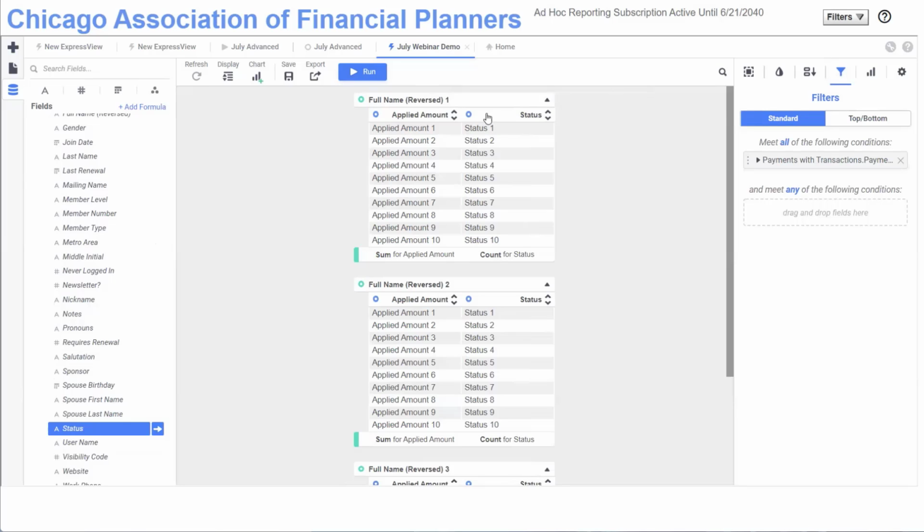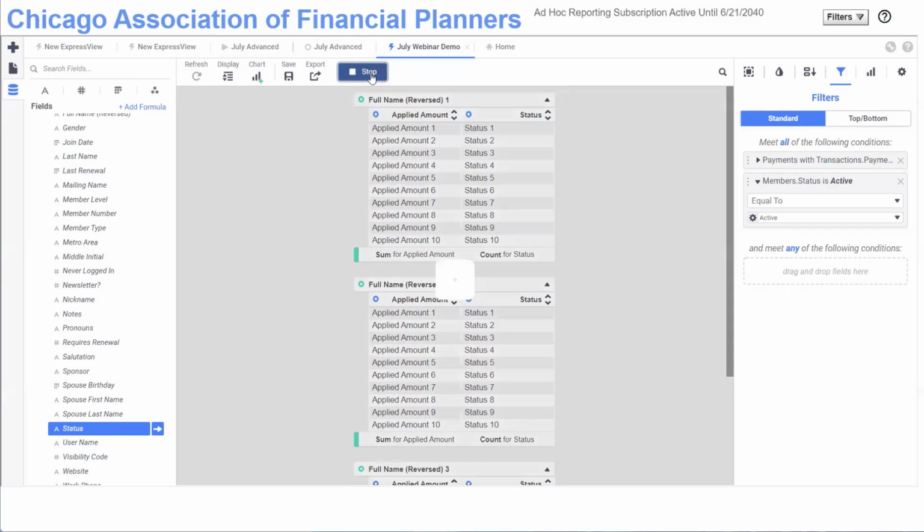And if I want to filter on status, I can just click on this and drag it over to my filters. And so there I can see member status is right now null because I've left it blank. If you click this little caret drop down, it'll show you the potential answers to this question. So status is an easy one. There's all the familiar ClubExpress statuses that we know, and maybe we only want this report to show us active members. If I run this,